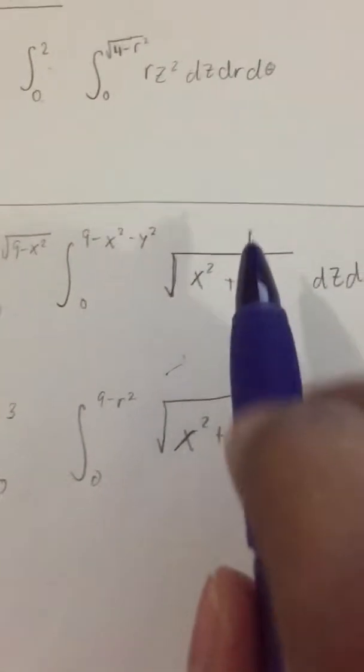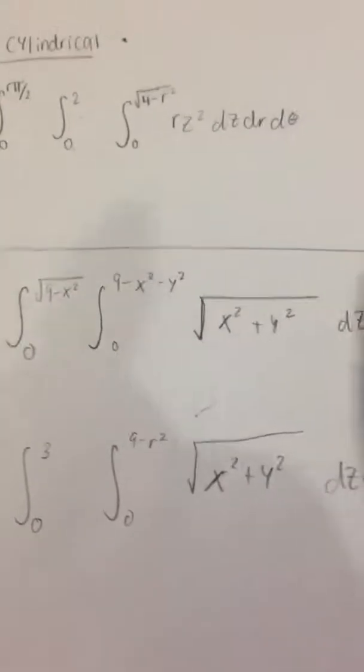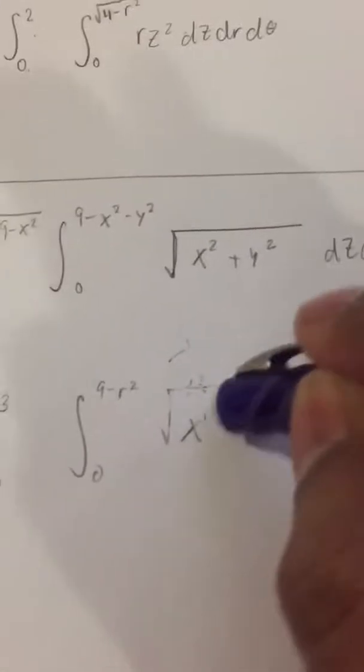So pretty much you have to look at the bounds again. So let's not worry about the function. So I made a mistake. I'll fix this in a few, but